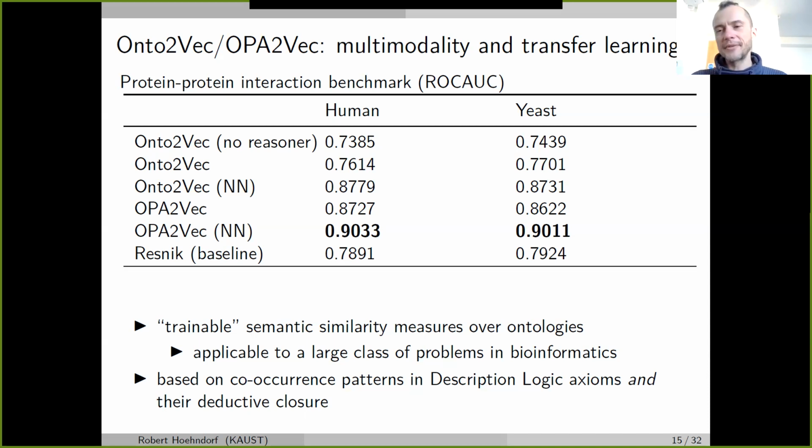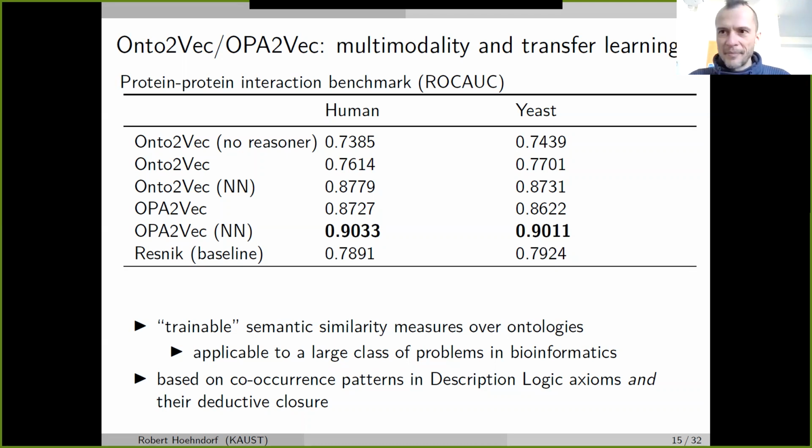the problem is, of course, with something like this, we didn't actually do something new. It seems like even a step back from what we did with random walks and some kind of graph embeddings, because we just have the axioms, and it's again a language model, so it doesn't actually care about any of the semantics. And there seems to have been no point in me showing you what the semantics of a description logic looks like if I just was going to talk about language models. So it's again just based on co-occurrence patterns, and here also with their deductive closure, but this is basically almost an almost trivial side effect.